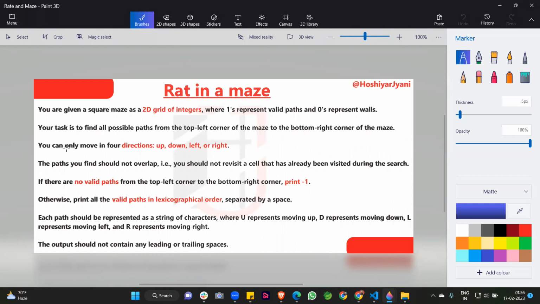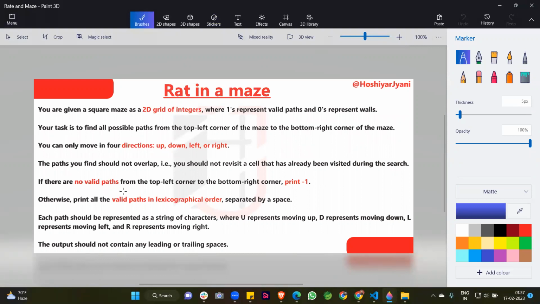You can only move in four directions: up, down, left and right. The paths you find should not overlap, that is, you should not revisit a cell that has already been visited during the search.